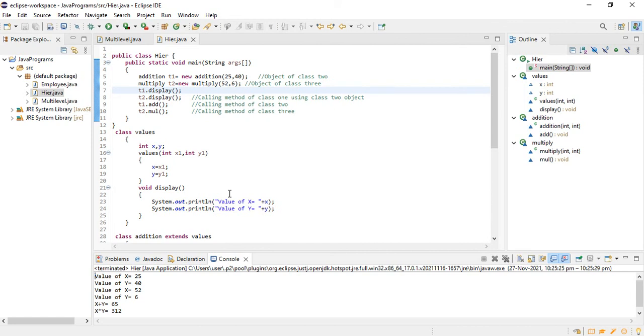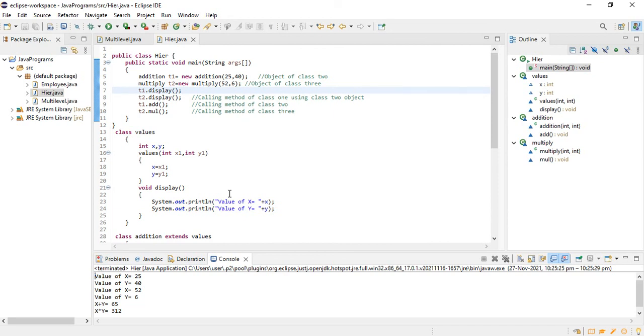Then I use the T2 object. Again I assign another two values, 52 and 6, and these two values are displayed using the object T2. So the T2 x and y values are 52 and 6, and these are used at the time of multiplication. It shows 52 multiplied by 6, and the answer is 312.